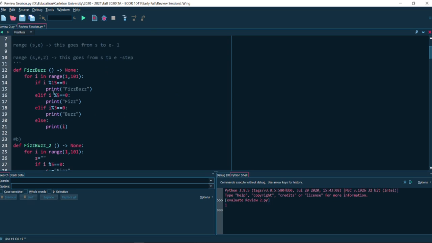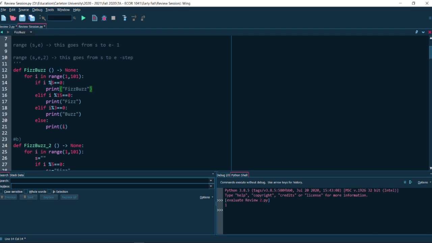Another thing is that the order of these things definitely matters. Let's say I checked if it's divisible by 5 first, and then if it's divisible by 15 next. This is wrong. Why? Because 15 is divisible by 5 too. So it just reads that it's divisible by 5, prints fizz, and moves on to the next number. But that's not complete. So when you have these types of questions, you want to have your most exclusive if statements on top. The one that has everything, you want that one on top. And then the more you go down, it gets broader.